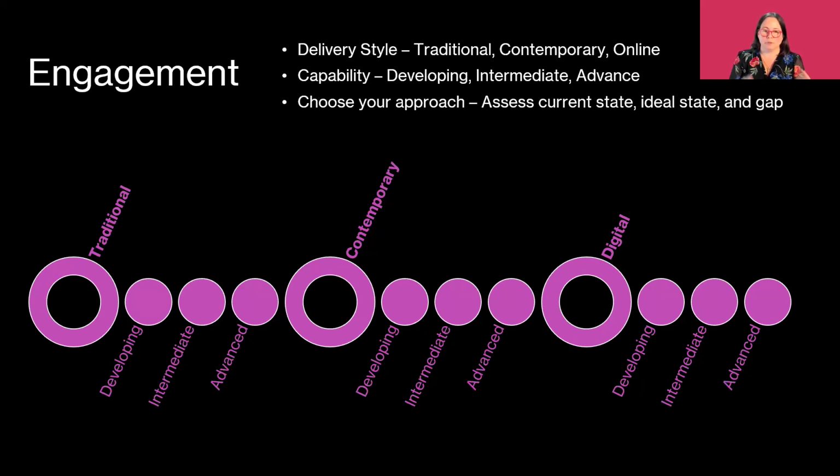So there are three different, broadly speaking, ways that you can engage. You can be traditional. Think Masons, where it's all secret handshakes, and if you're a member, you're a member, and if you're not, go away. Then the next one is contemporary. Contemporary is where you still look like a traditional association, but you deliver it in a much more contemporary fashion, and that is most of the associations we have today. We use emails, we have online communities, we have different ways that we run our events that make it a bit more than what we used to do.